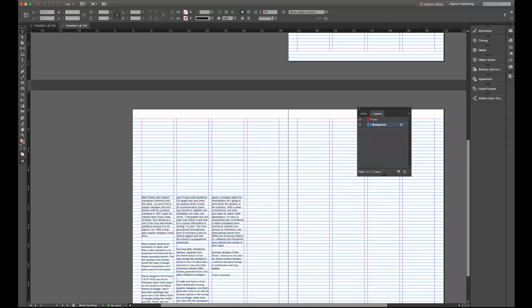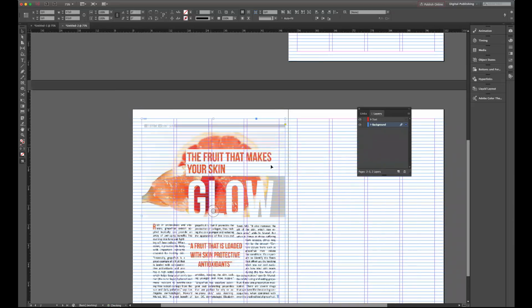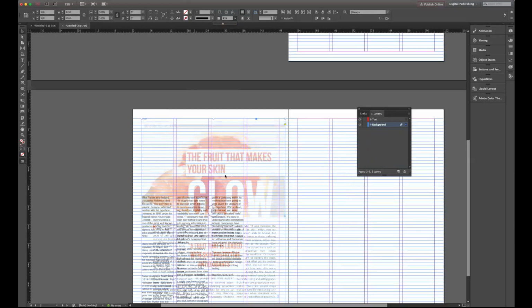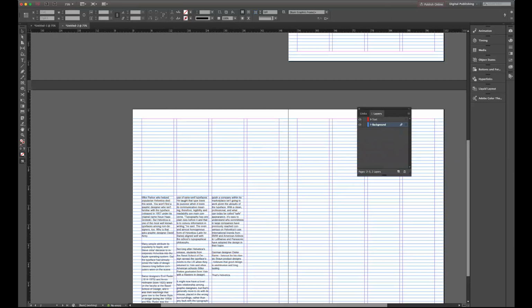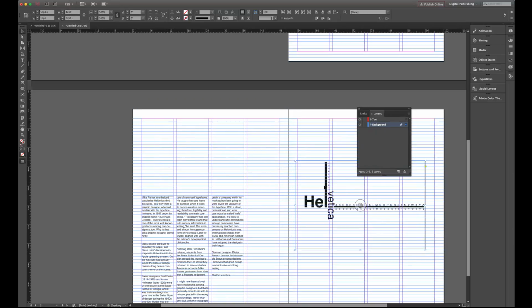Now on my background layer, this is where you can place an image that you want to copy, and you can set the opacity really low so you can line up your headline and see where you want to place everything. There's that. And in this case, I'm just going to create this Helvetica layout because I think it's really cool. So I'll just start going off and designing.